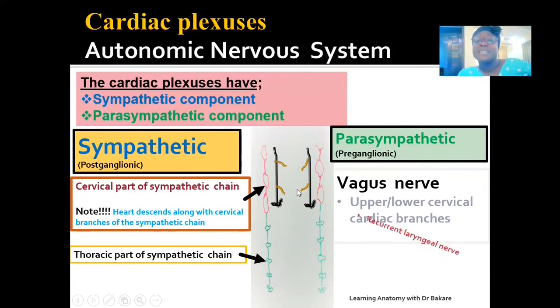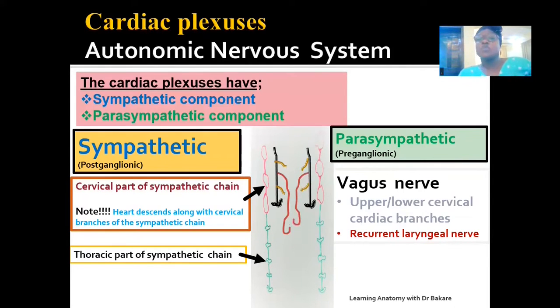Then we have the recurrent laryngeal nerve. This is the recurrent laryngeal nerve here highlighted in red. We have it on the right side, and we also have a recurrent laryngeal nerve as a branch of the vagus nerve also on the left side. So these are the branches of the vagus nerves that are seen to contribute to the formation of the parasympathetic